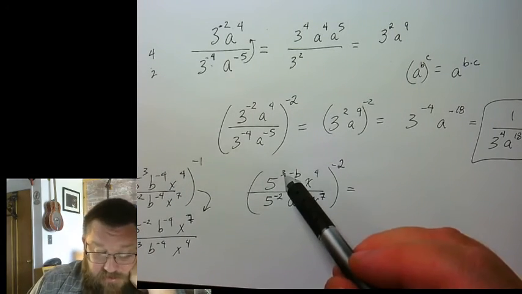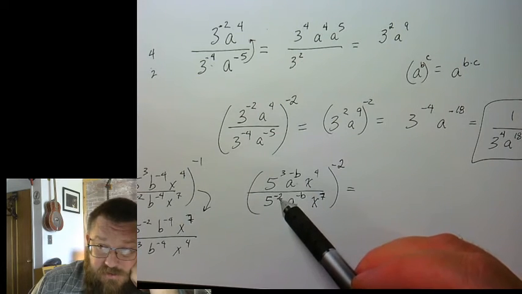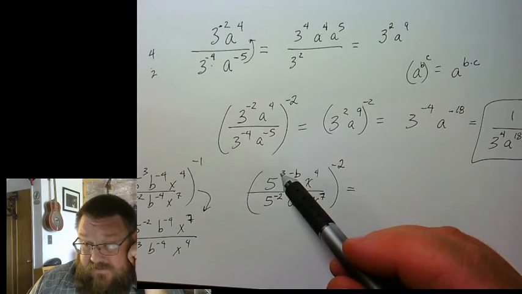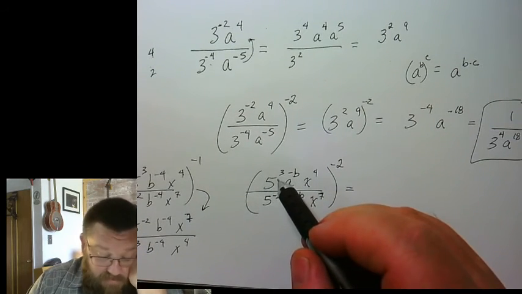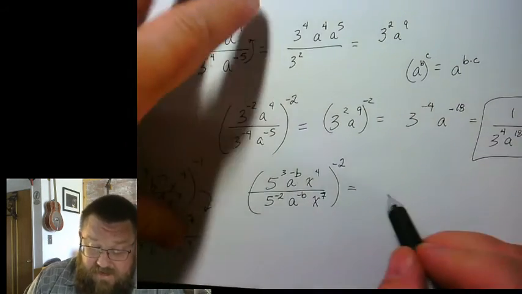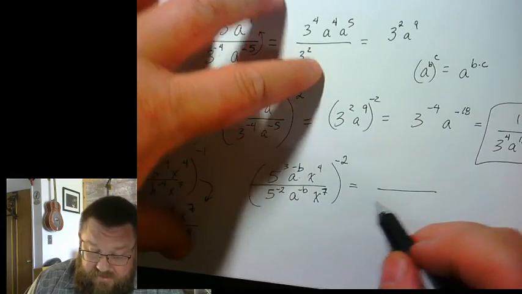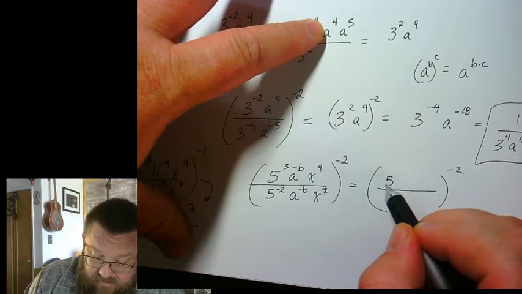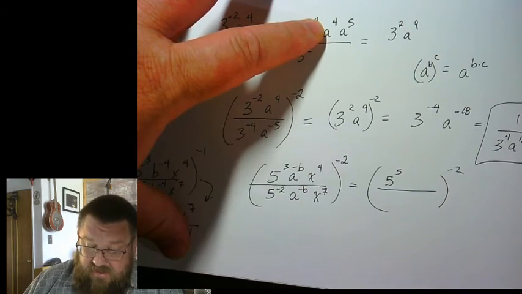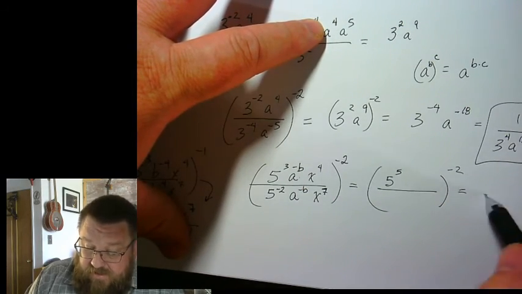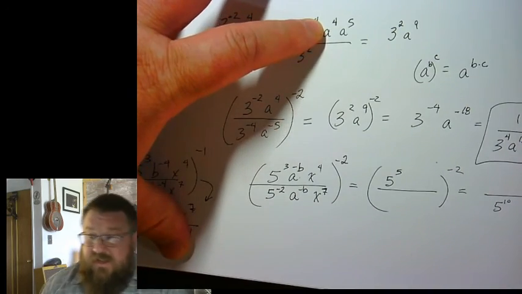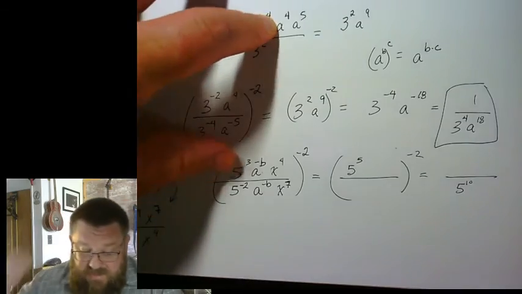So check this out. You see this is 3 on the top, and you see this is negative 2, so this negative 2 is going to go to the top. So that's going to give me 5 5's. But that negative 2 means that I'm going to be dividing. So I'm actually going to write it like this. So that gives me 5 to the 5th. Do you see? Now eventually that's going to give me 5 to the 10th down here, because you're going to multiply, you're going to get negative 10, you got to take care of that, right? Okay, now